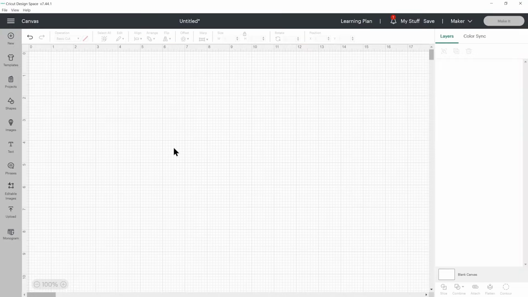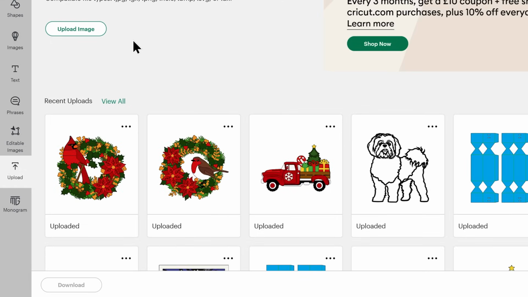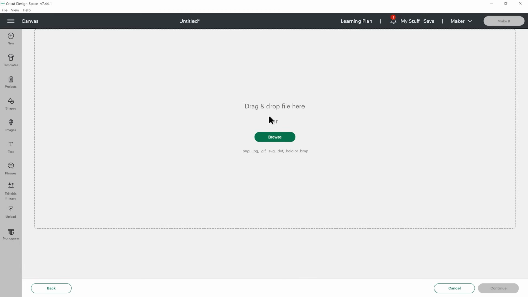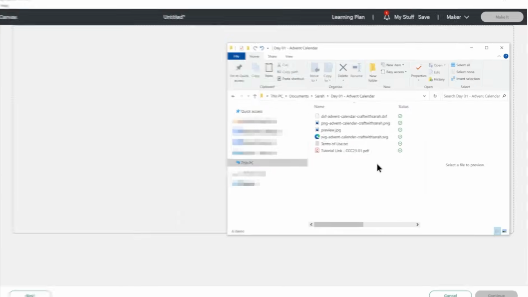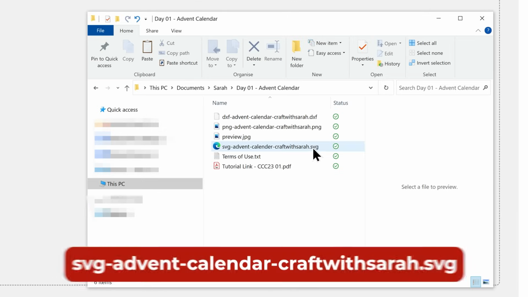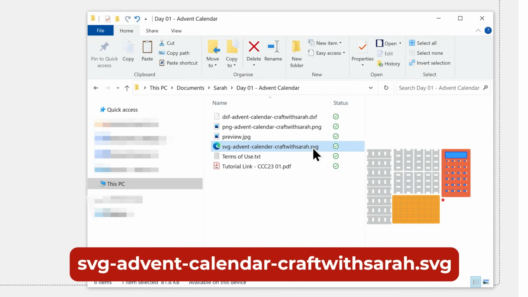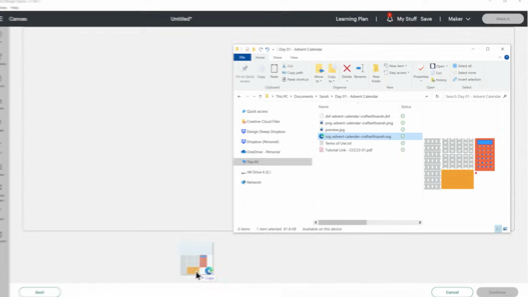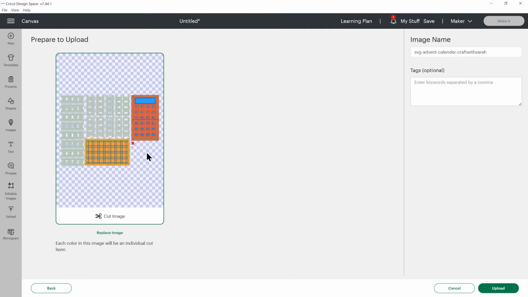Once you've downloaded and unzipped the folder, it's time to get the SVG file into Cricut Design Space. Open up Design Space and start a new project, and then get into Upload over on the left, and then Upload Image. You can then either click Browse to find the files on your computer, or drag and drop them in. Make sure you choose the unzipped version of the download folder, and then the file to select is the one which starts SVG in the file name. Click and drag that in. And this is what it looks like. Don't worry that it's a bit scary looking at the moment. I'll talk you all through it shortly.